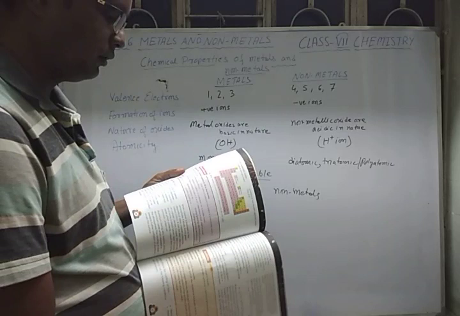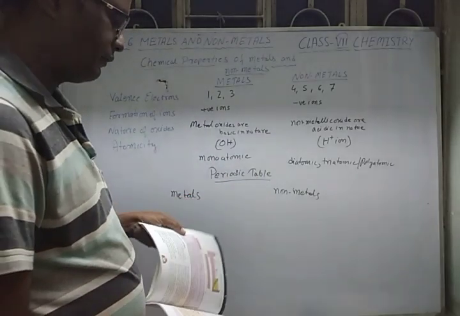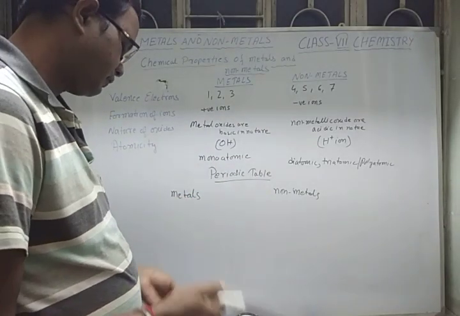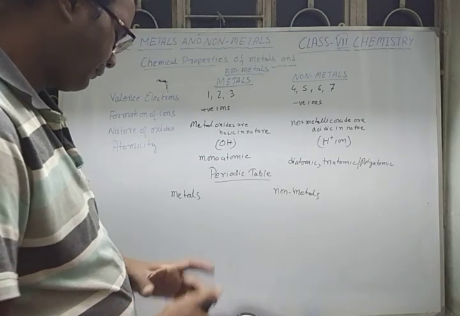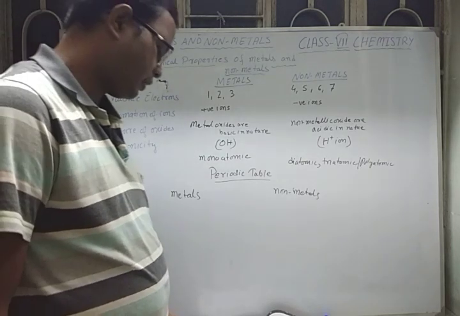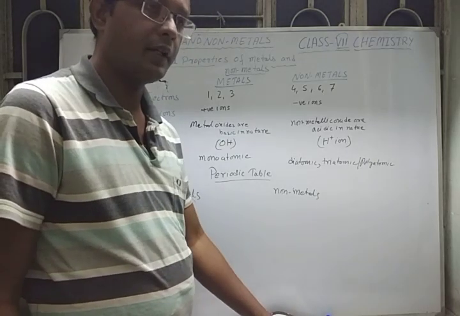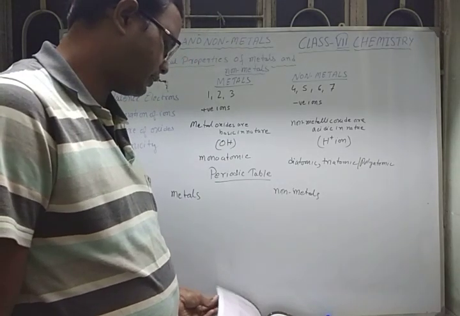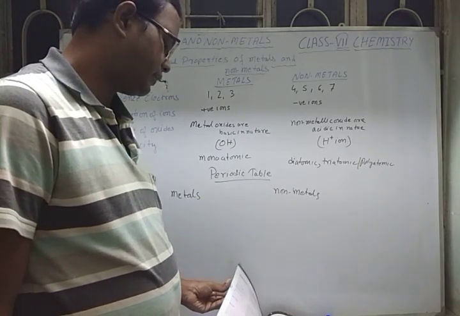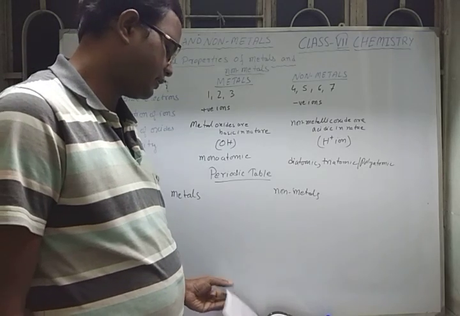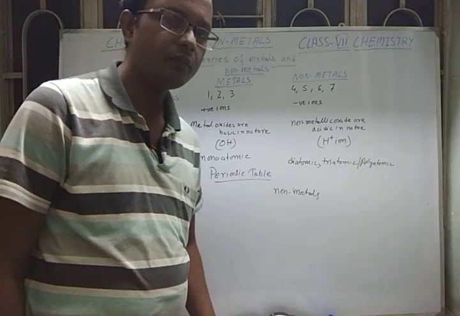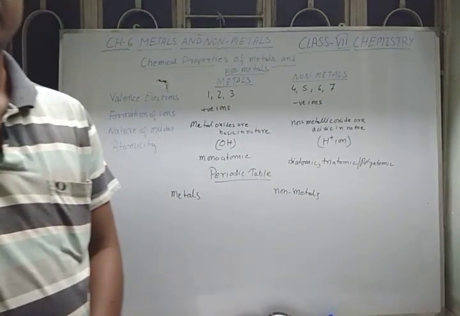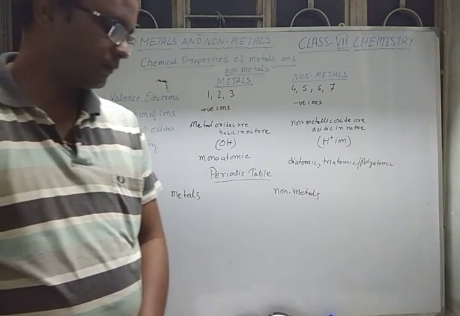Okay, so these are the few basic things that we have studied in today's video. In the next video I will start the reactions of some metals with hydrogen and oxygen, and we will see the uses in the later video classes. Okay, so I hope you have understood it. Go through the book. Thank you.